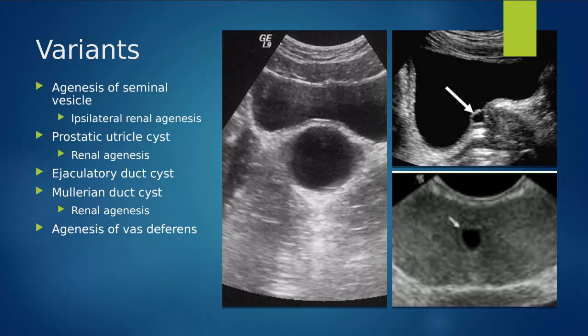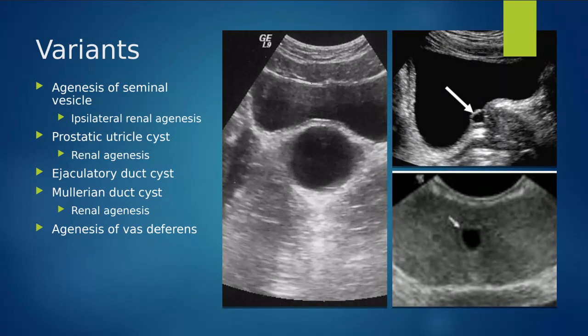So basically in utero, when our genitourinary system is developing, our urinary system and our reproductive system both proliferate from the same primitive structures. So our kidneys are very closely related to anything abnormal that's happening in our reproductive system. So if we are missing that seminal vesicle, we are also going to be missing the kidney on that same